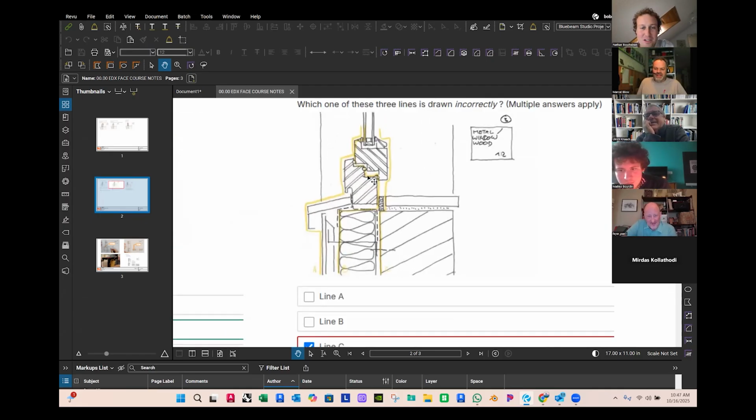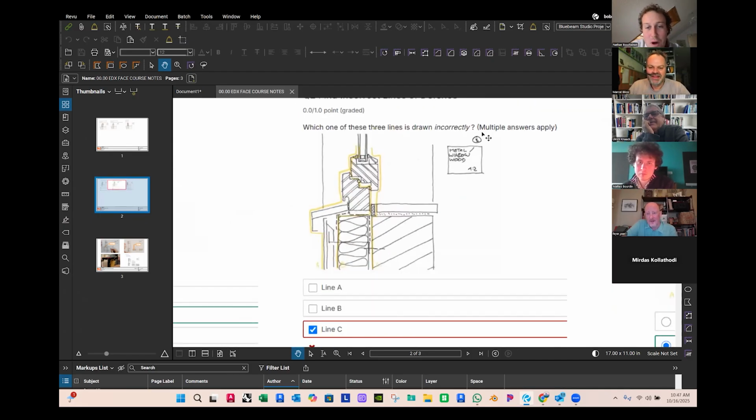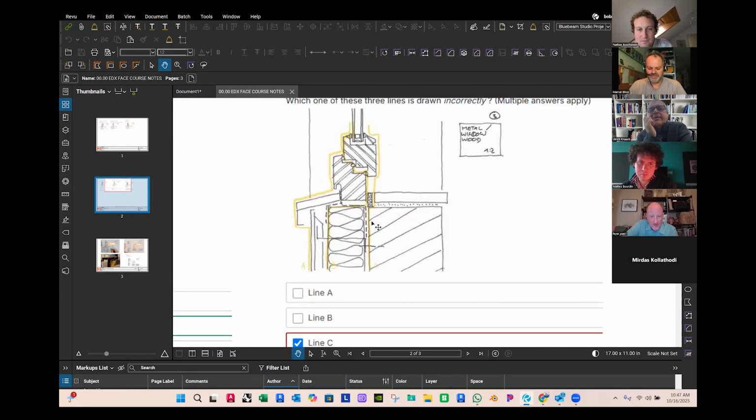So the question is, which one of these multiple answers apply? It's worded wrong. I didn't even see this until the answer, so I'm assuming both lines now are incorrect. But my point being is that I understand the water line and I understand the thermal line, but I don't understand this line at all because at least in the